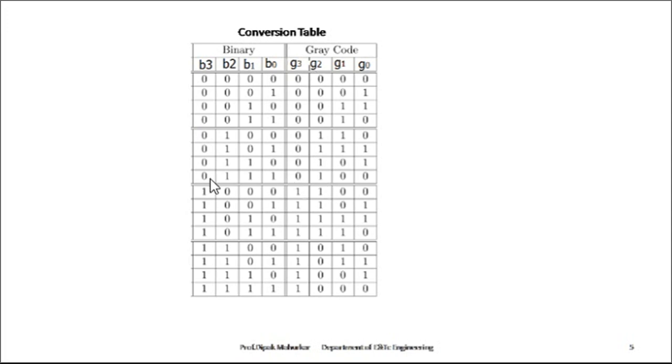G3 again is the value of B3 as it is. Now G2 is equal to what? B2 and B3 XOR operation. As per the truth table of XOR, if one of the inputs is high, then the output is high. That's why it is 1. Again G1 means what? XOR operation of B1 and B2, both the same. So again, according to the truth table, the value is 0. G0 again both 1, so it is 0. Like this you can complete the table.